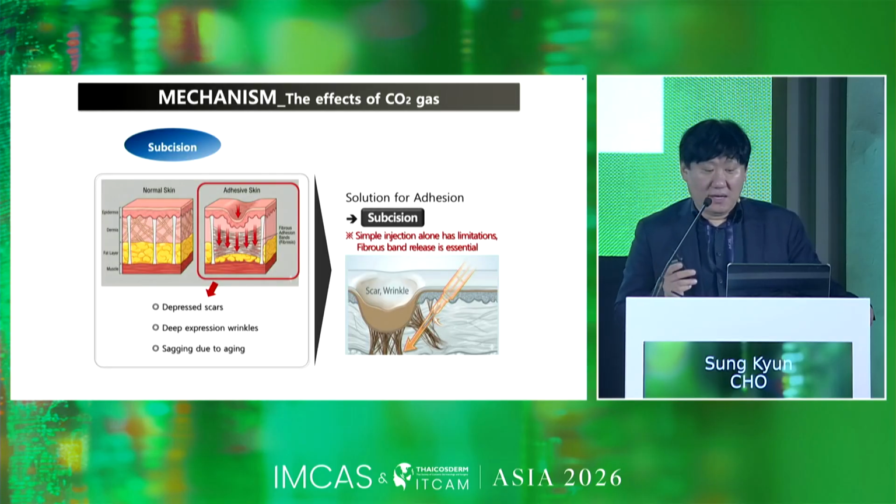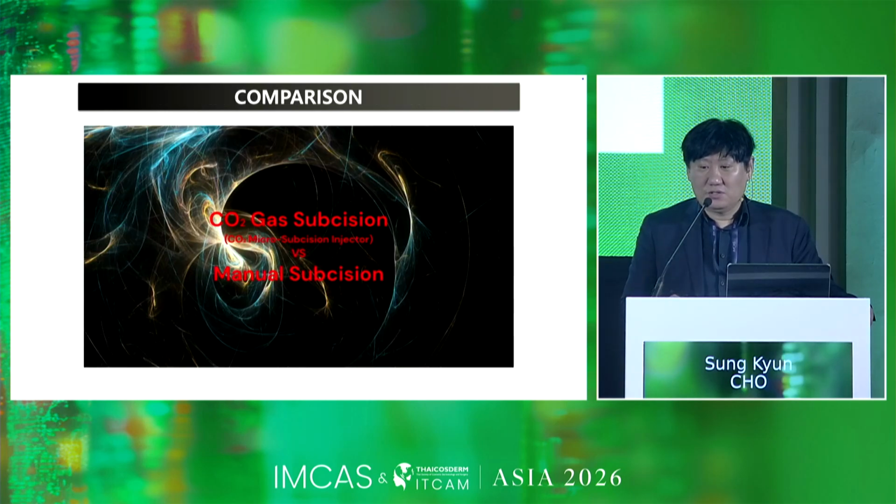Okay, so the mechanical subcision is very important because before I started using this machine, I was using mechanical Nokor needles, a low gauge, 18 gauge or 20 gauge. And as you know, you sometimes have side effects of hematoma. You could have some PIH. But with this machine, it's very fine. It helps with breakage of the ligaments, so you have better product distribution and end results using subcision. So just to show you from this video,